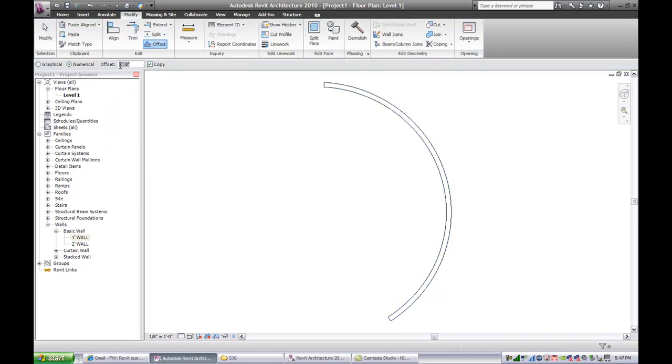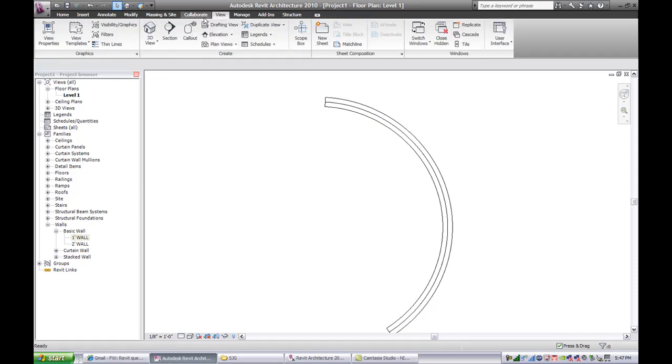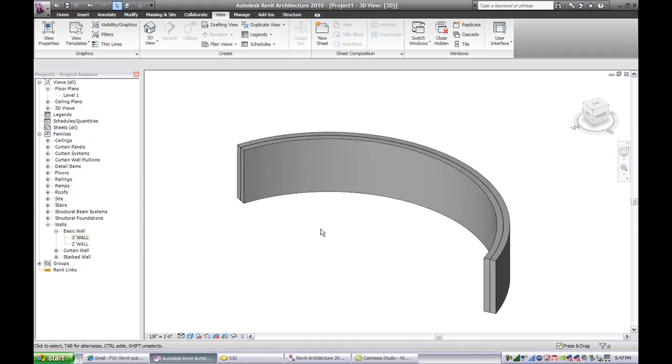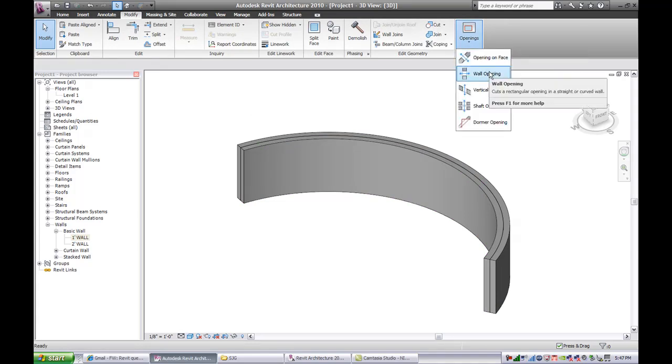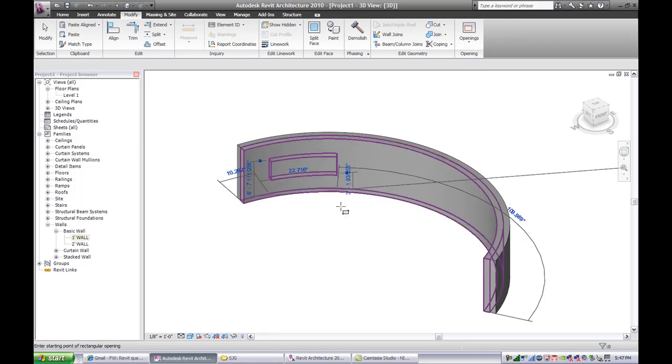Then click on offset, confirm it's by 1 foot and it's copied, and then offset again. So you've recreated your 2 foot wall, just it's made up of 2 walls instead of just one big 2 foot. Once that's done, go to your 3D view. Under your Modify tab now, there is in fact an option called Openings, and then Wall Opening. Select that, and then click the wall you wish to put the niche in, and then draw these boxes as